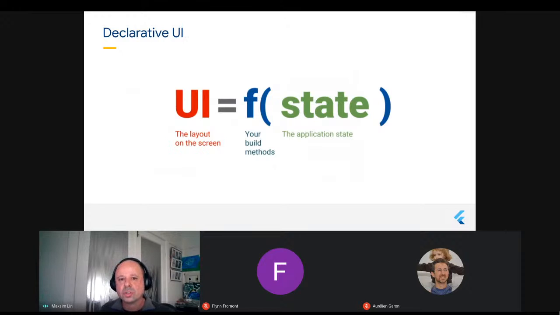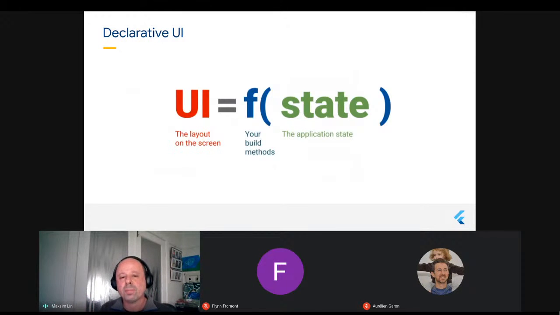And that's quite a different approach from how people have built iOS or Android apps or desktop apps in the past, in that previously the app would maintain state, and then you'd write all this code to essentially manipulate the user interface. So you'd go, if my state is this, do that. If my state changes to that, do this.